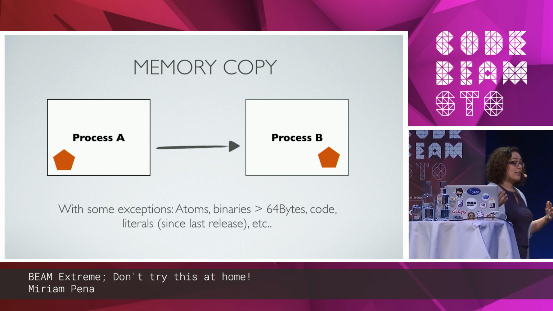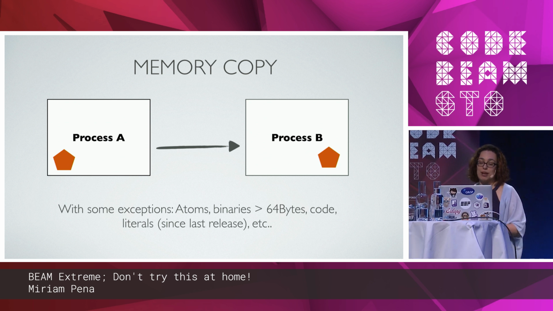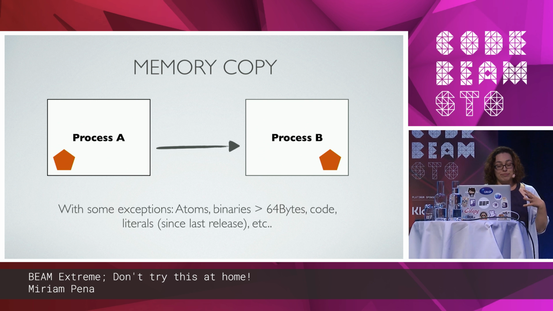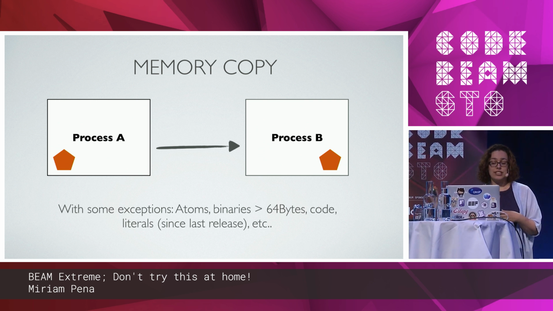And it's really great because it lets you do garbage collection at the process level. So if you kill a process, cleaning up is super easy. But then in terms of performance, it has some trade-offs because all this copying implies a CPU and memory overhead. Some of the ideas we're going to talk about today are about improving performance around this concept.